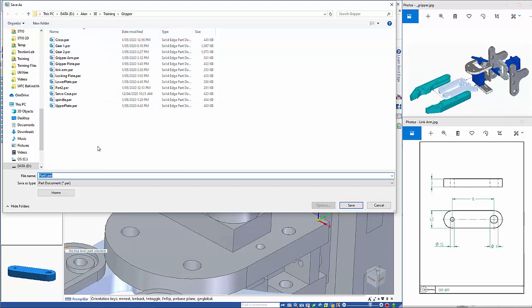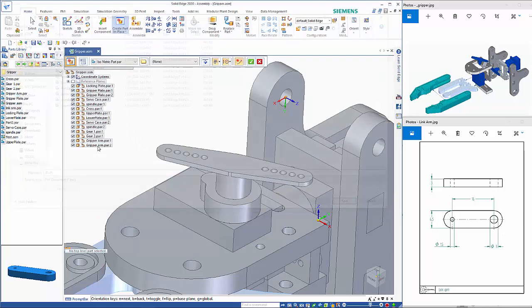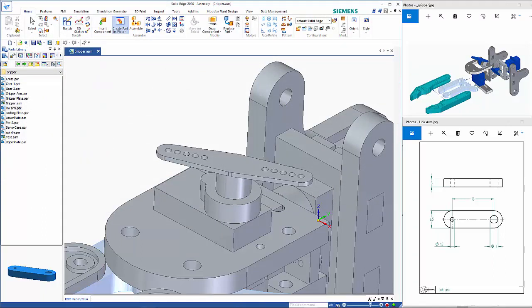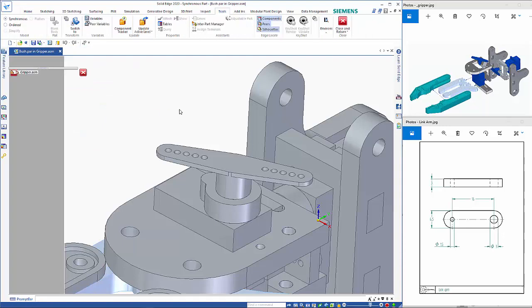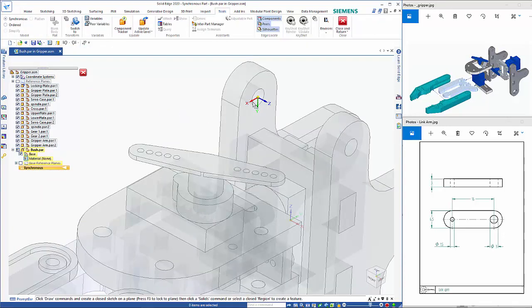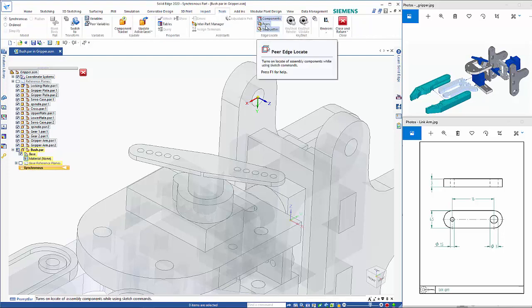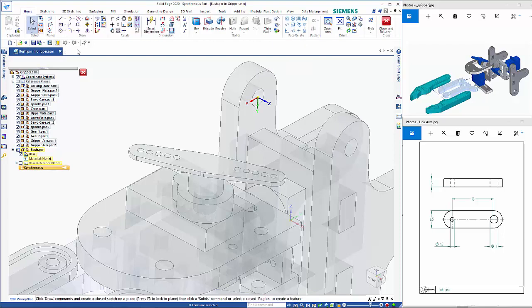So give the part a name, and that drops us into the part environment while in the context of the assembly. So there's the origins that we've created. So we need to go and first off I want to make sure that we have our peer edge locate on, and I'm going to do a circle by center and click on that plane, lock it,